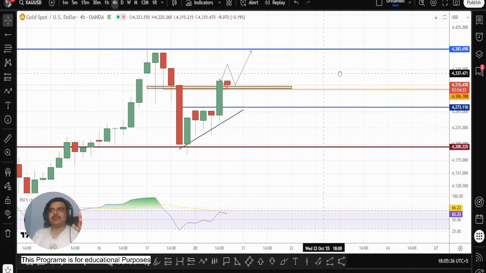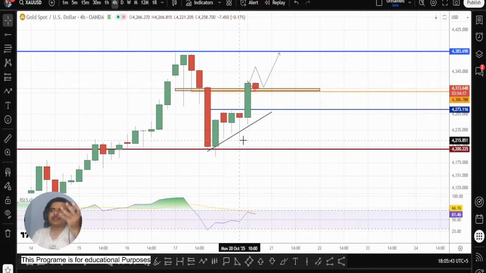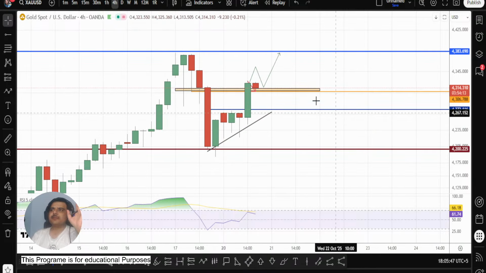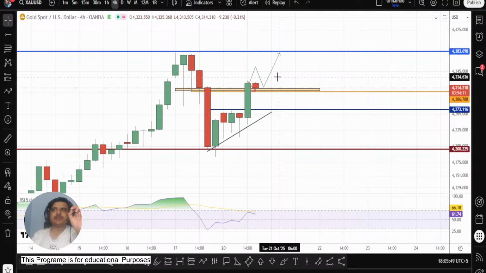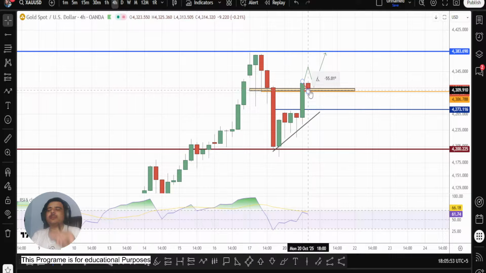Even in the weekly forecast and the market structure, in each and every video I give you these levels. Even yesterday I discussed it, that this is the level, this is the decision point that we need to look at, to see whether the market is continuing further bullish or not.